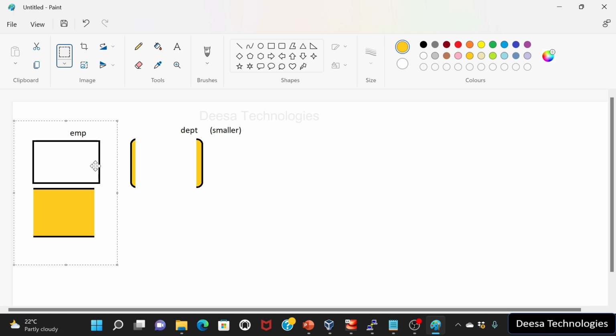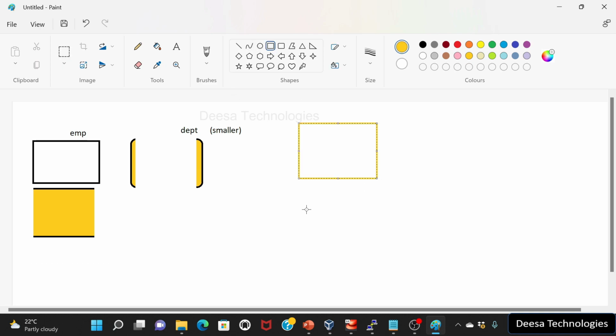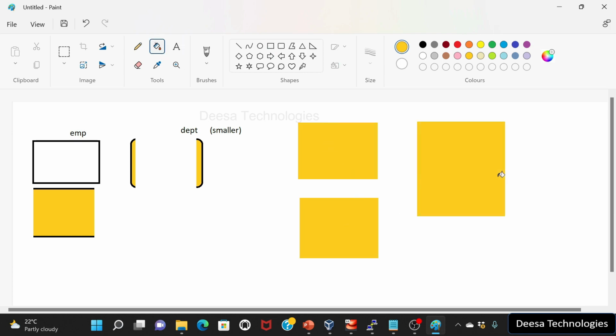So suppose the employee table is in data nodes 1, 2 and 3. So we have the employee data in 3 data nodes. All right, so this is the employee data, and let's say this is your department table. Now during the map join, this data will basically get shuffled, and it will go and sit in each of these data nodes,